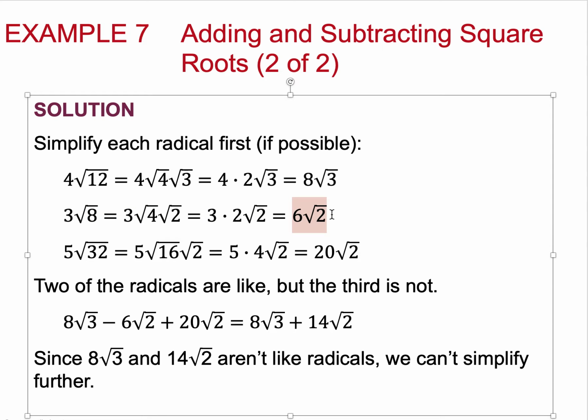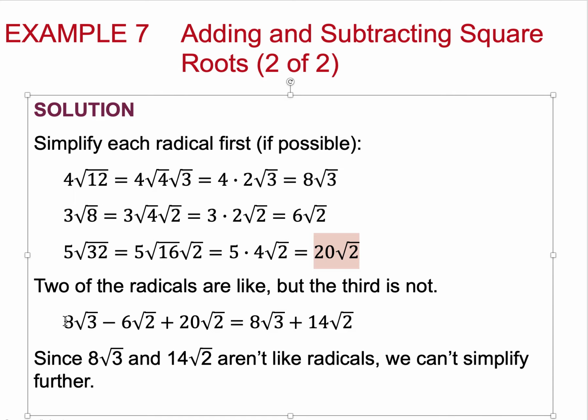So I get 6 square root of 2. I'm going to do the same thing here. The 5 stays out front. Square root of 16 is going to be 4, so I get 20 square root of 2. So what you should notice here is you have two like terms, but the third one is not like,